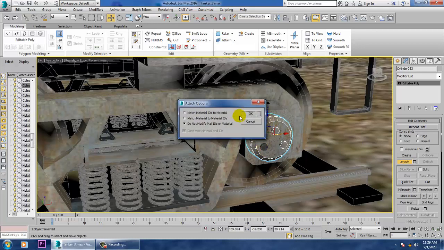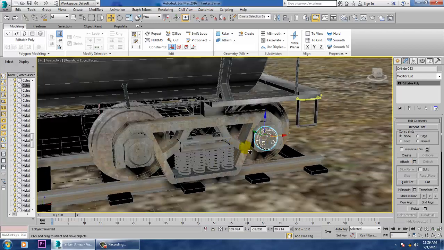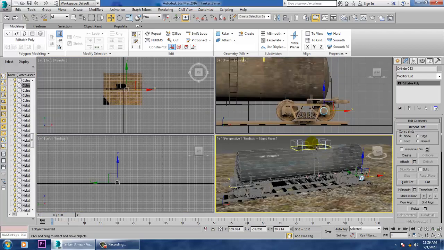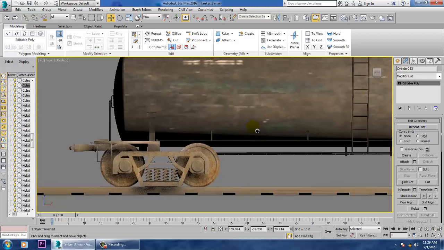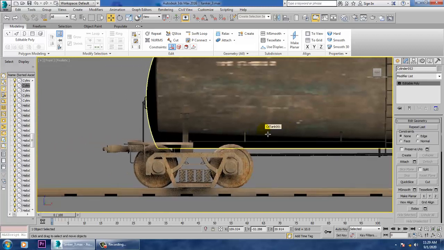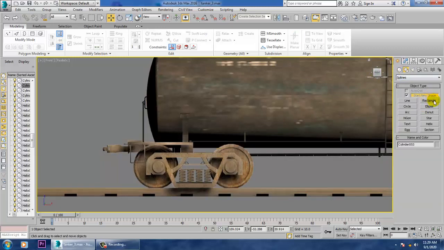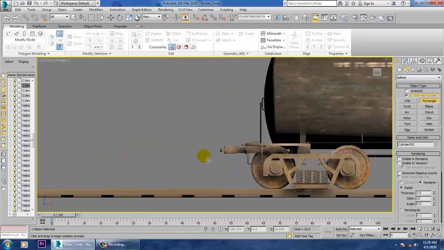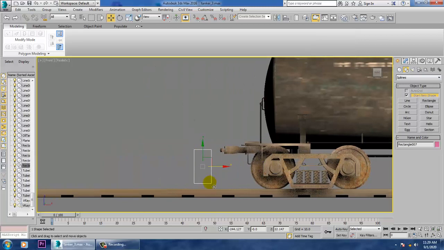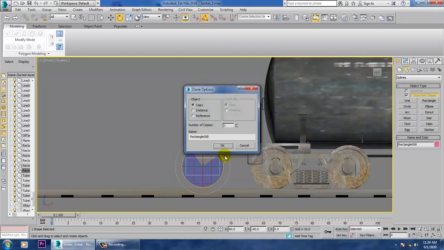Now what I want over here is to create some small controllers. So what exactly are controllers? We'll make 4 controllers over here. First let's take a rectangle and shift and drag and rotate it.